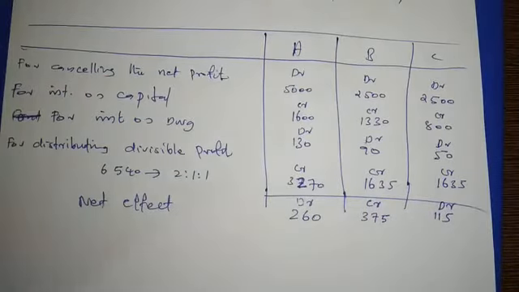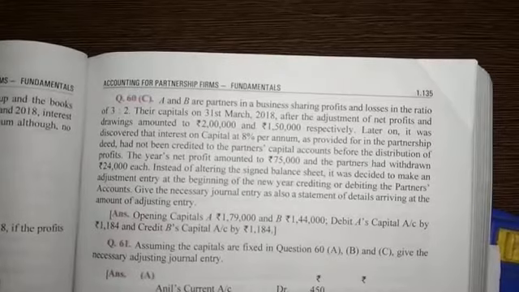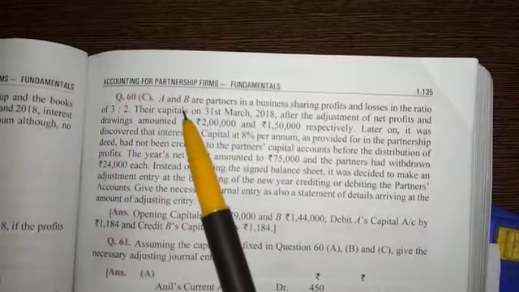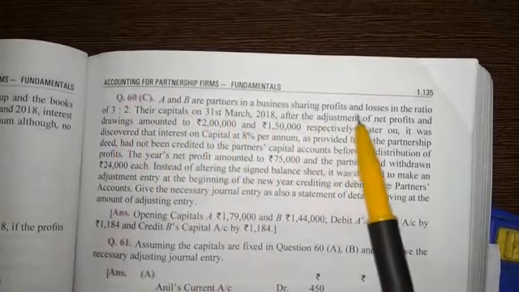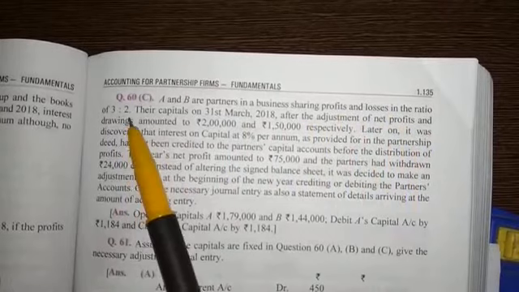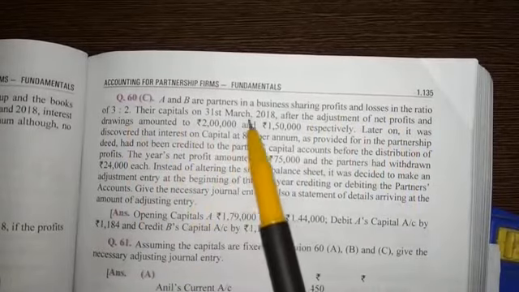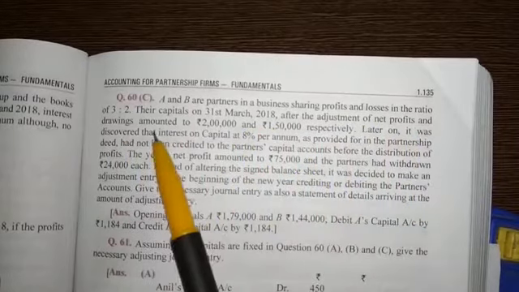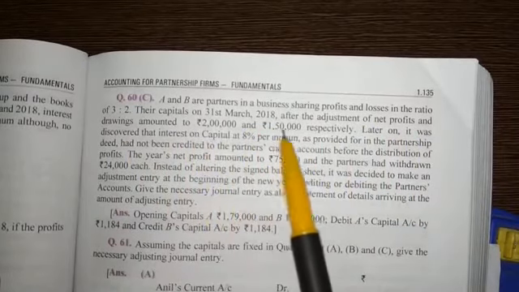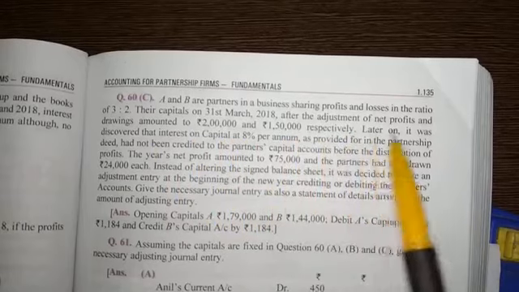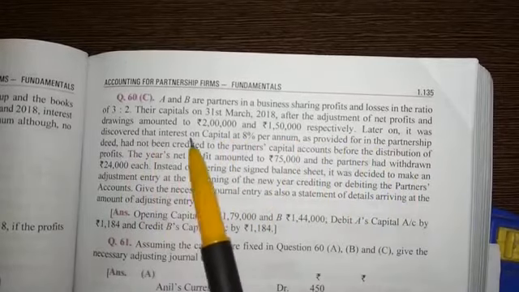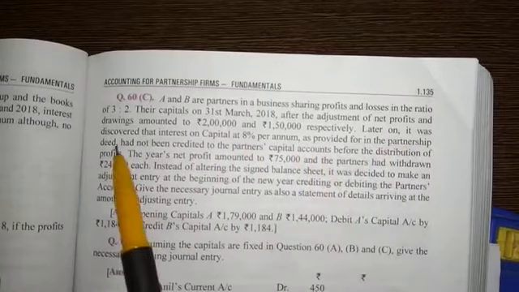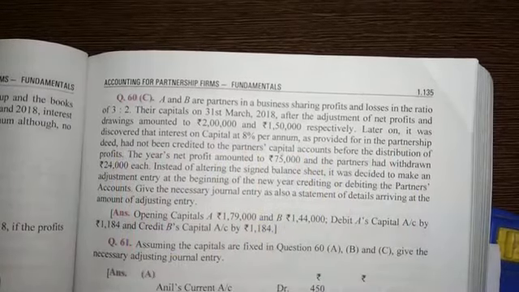Now we can go to another question. Our question is question 60C. A and B are partners in a firm sharing profits and losses in the ratio of 3:2. Their capitals on 31st March 2018, after the adjustment of net profits and drawings, amounted to rupees 2 lakh and 1,50,000 respectively. Later on, it was discovered that interest on capital at 8% per annum, as provided for in the partnership deed, had not been credited to the partners' capital accounts